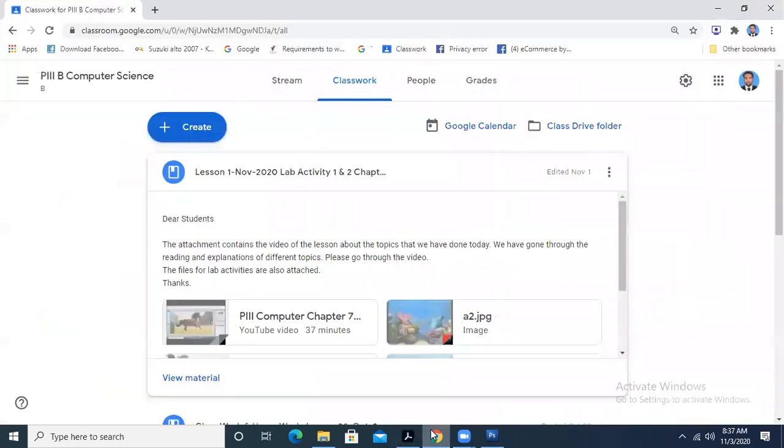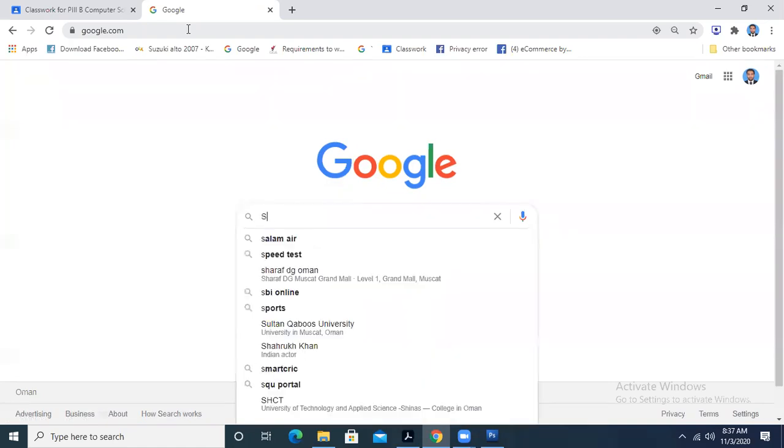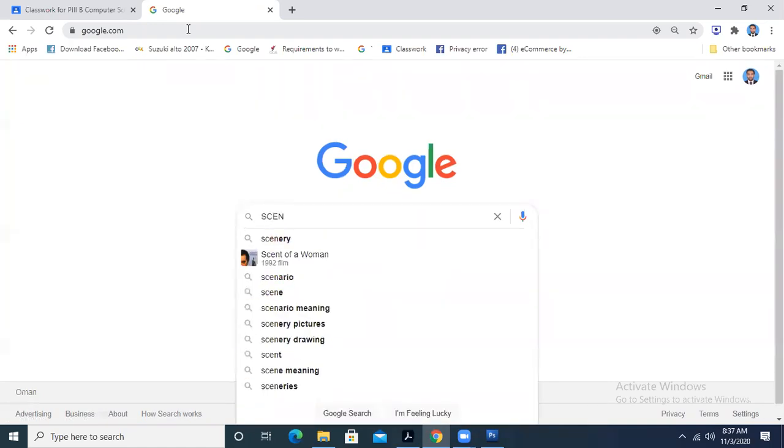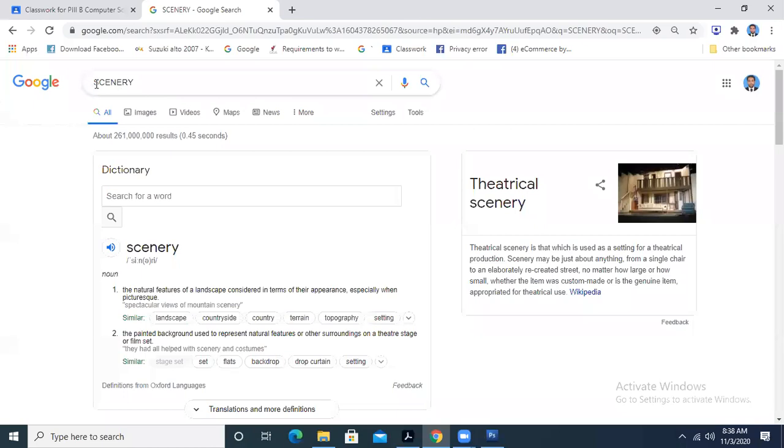What we need to do, number one, is find some good images, because in this chapter we did not work on so many tools, we just worked on the selection tools. So in selection tools, we have to of course use that particular tool to make different kinds of sceneries, natural scenery.